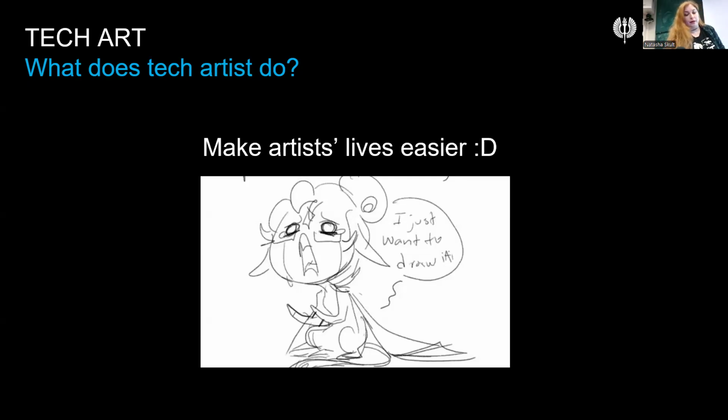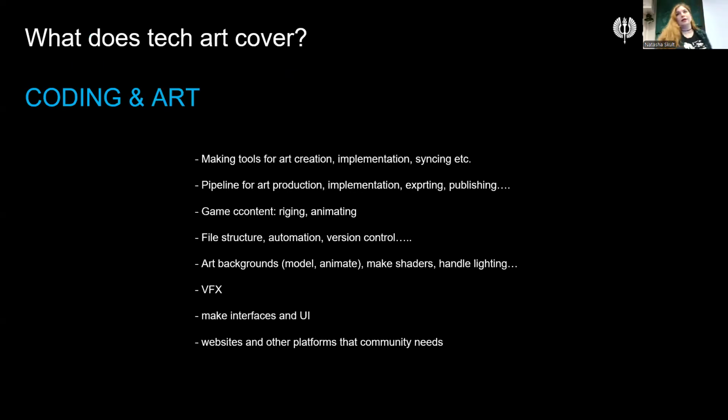But basically, a tech artist is doing both coding and art production, meaning that the majority of the tasks come in creating tools, mostly tools that would be used for art creation.